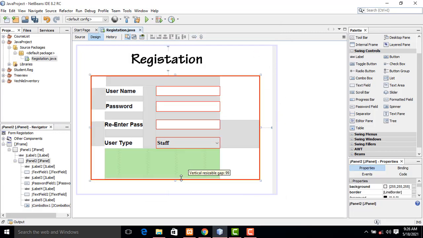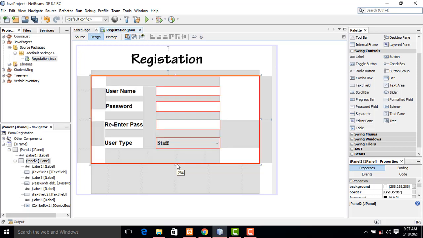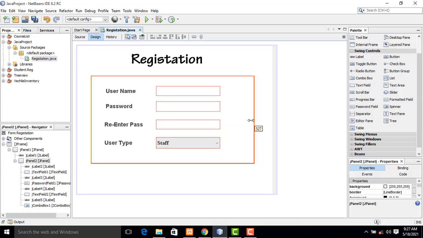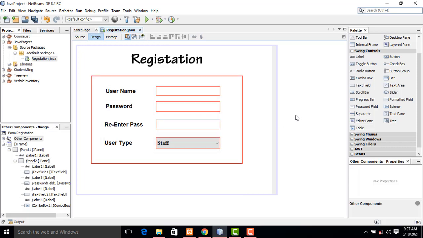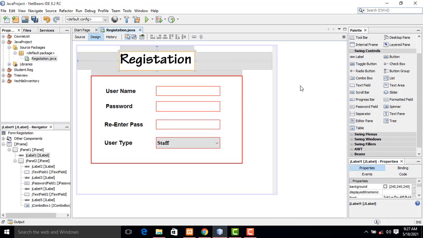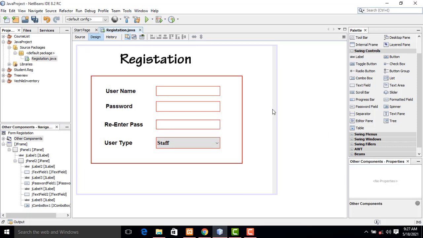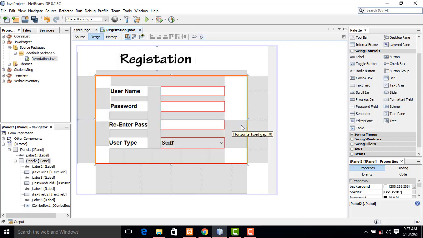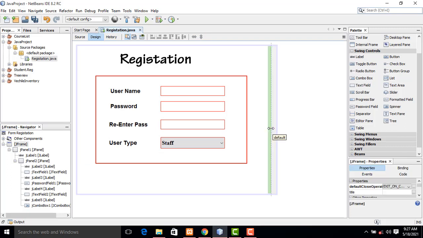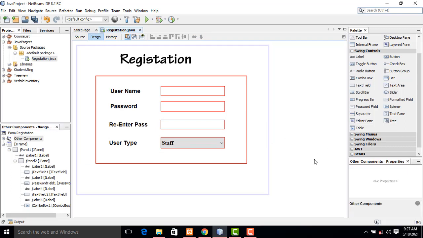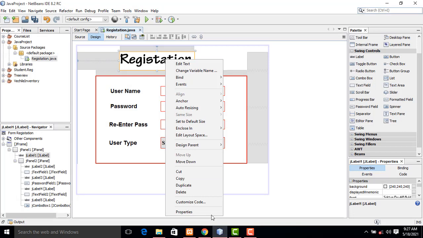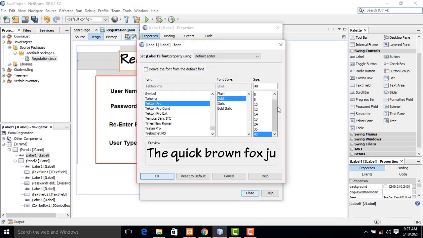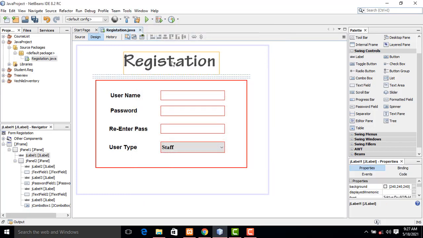Now we need a button. So let's do the things as a button. Now let's arrange them in order. We need two buttons. We are in the registration form. We have to increase the size a little bit, from 48 to a custom size of 60. It's also the same.